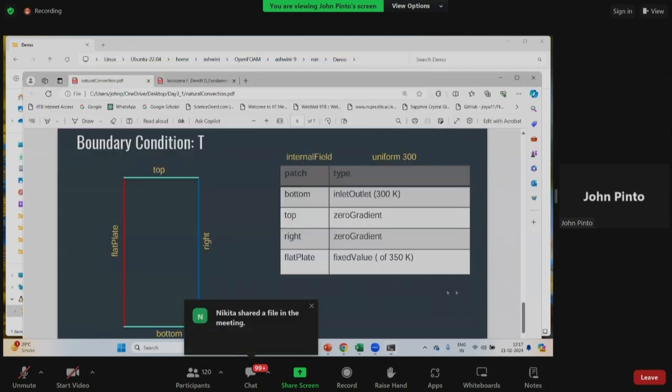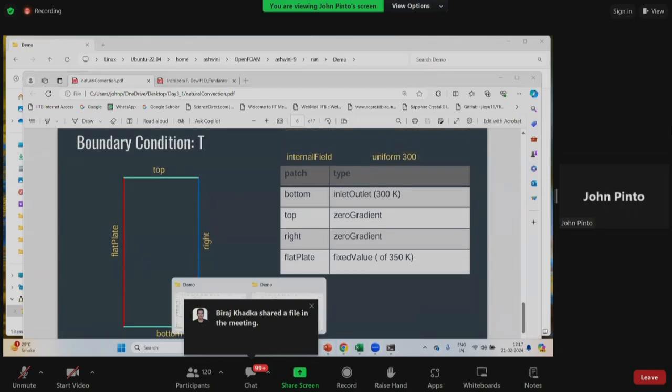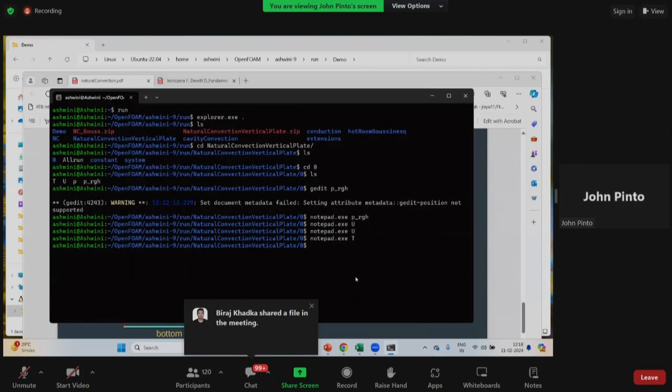Now after this, I think that's it for the boundary conditions. Now next, let us look at what is the